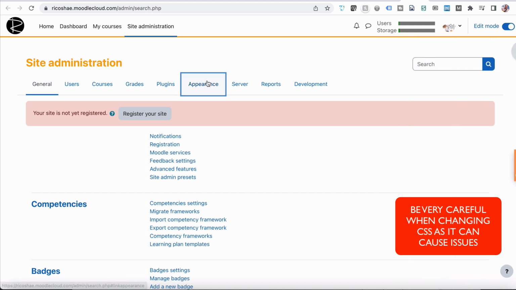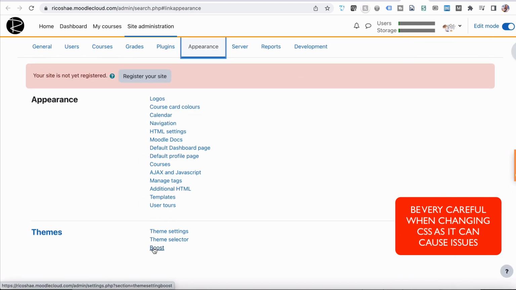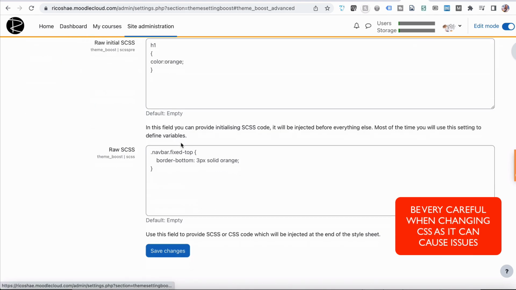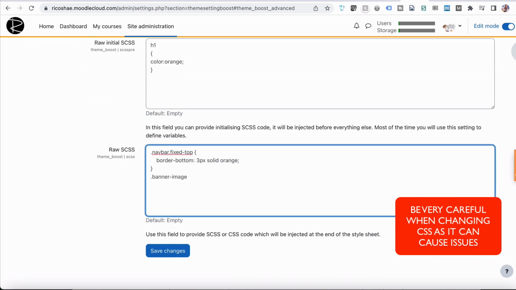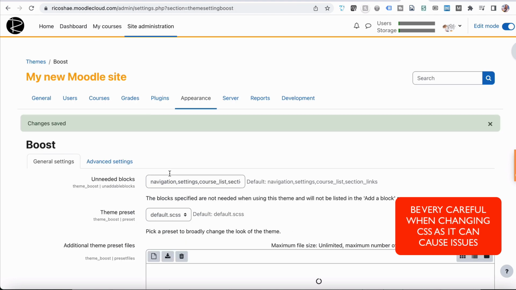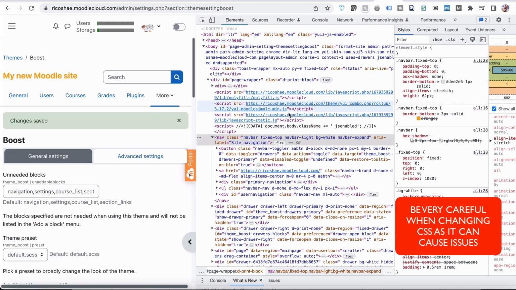Get rid of that. Jump into appearance, boost, advanced settings. I'll put this at the end. We're just going to put .banner-image, add in a class here, and we're just going to call it border-radius: 10px and save changes. So we're just adding a class in with a style applied to it globally,